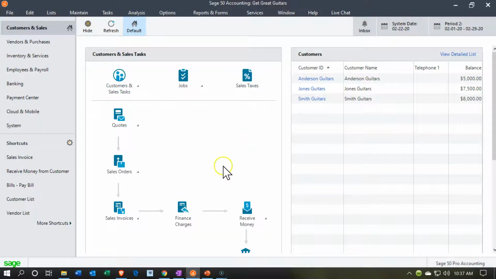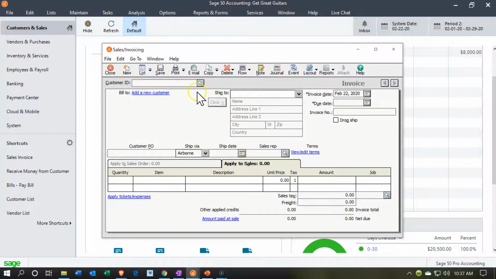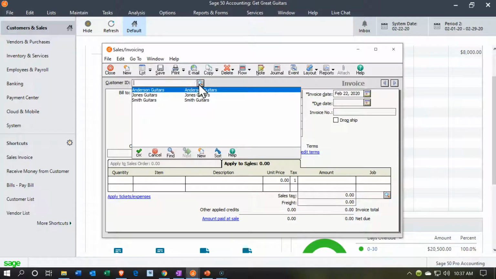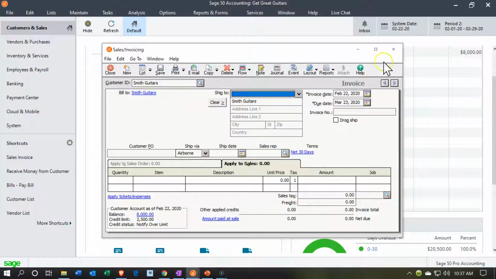Also note that when you make an invoice or some type of sales form, let's go down here. I'm not going to actually make the invoice. We're not going to complete an invoice, but we're just going to take a look at an invoice. If we were to open up an invoice now, of course, within the customer field, we will have our customers. So if they are return customers, we can select them there, and we can make new customers on the fly, as they say. Okay, so I'm going to close this back up,